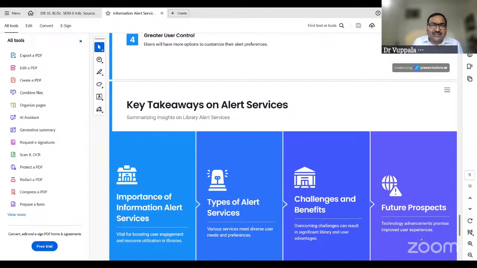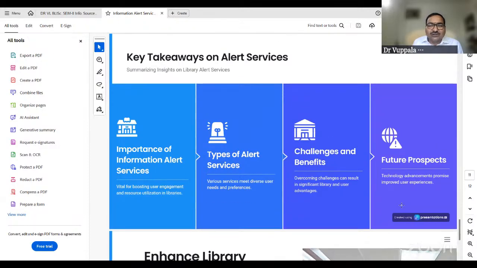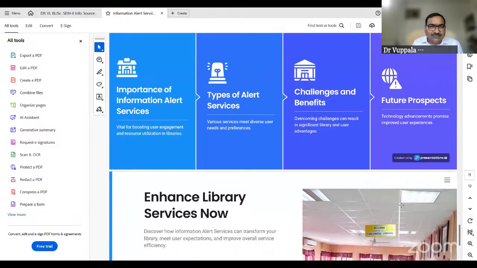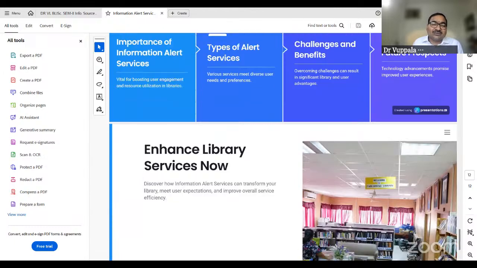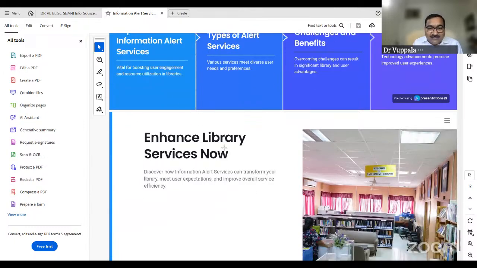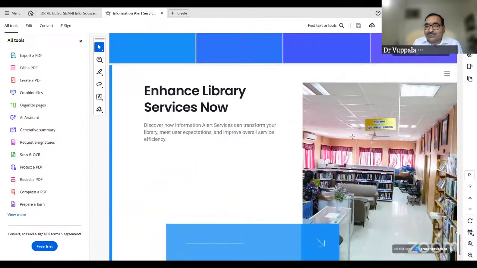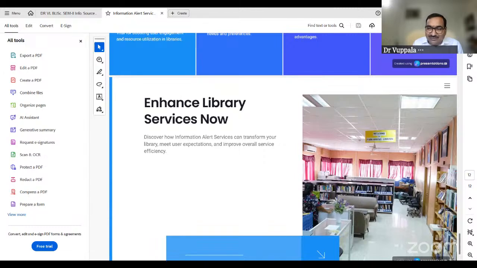Everything is available at our fingertips, using the library website and telecommunication technology. There is a lot of technology in the private sector being used to enhance library services nowadays. In olden days we had these types of libraries, and nowadays we also have physical libraries, but every day we are going for